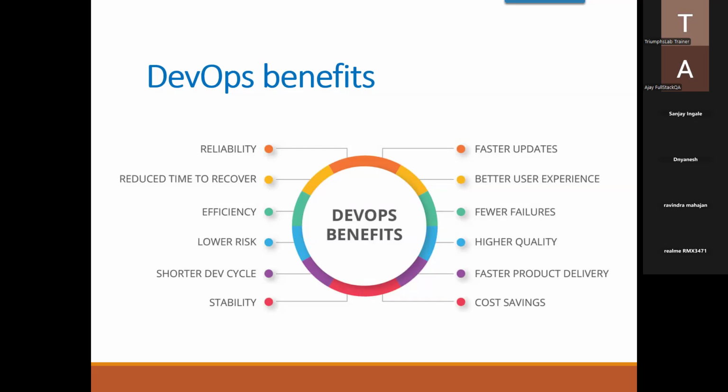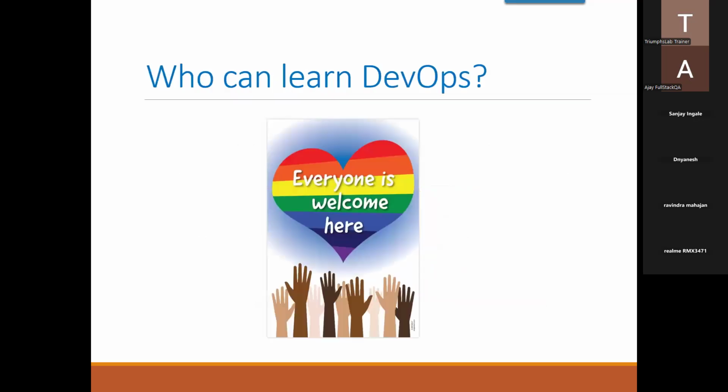Now you can see we have ChatGPT, and ChatGPT is able to write code. Then people may think developers' jobs are at stake. Same thing, you may think that if everything is going through ChatGPT, then why are these roles required? Because of the automation you have done, if you have an automation testing background, you write the automation test cases and if they fail, you have to fix them and make the corrections. So these jobs are always safer, and they are not going to be replaced. So then, who can learn DevOps?